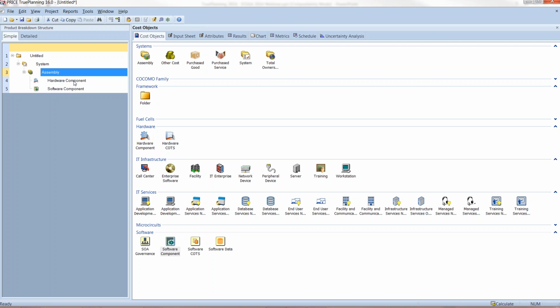We're also estimating the integration, assembly, and test of those two components together. And we're also estimating any system-level costs, such as program management, data requirements, and system engineering. We have the ability to go in and tailor the inputs for each one of these cost objects specifically, but I'd like to focus in on the estimating methodologies that are behind TruePlanning, regardless if it's the new 2016 version